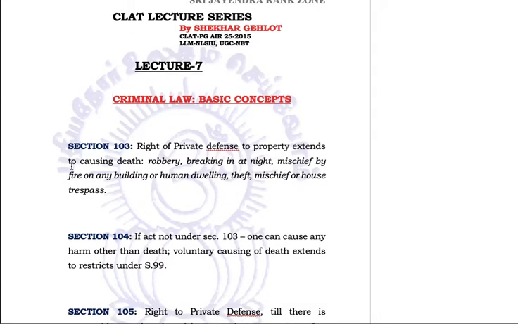Now, Section 103 deals with the right to private defense in relation to property. It says the right of private defense of property extends to causing death. That means in order to protect your property, or somebody else's property, one can cause death. You can kill someone in your right to defend your property, but only in these cases: robbery,